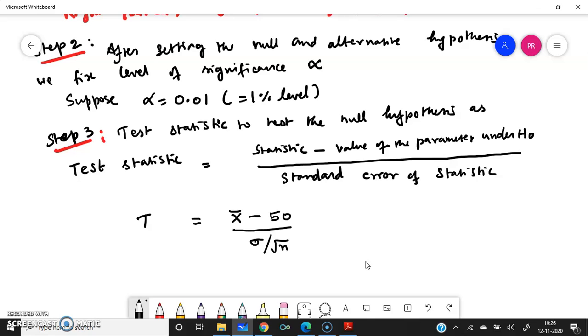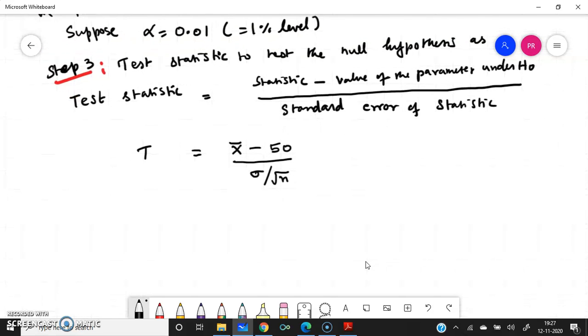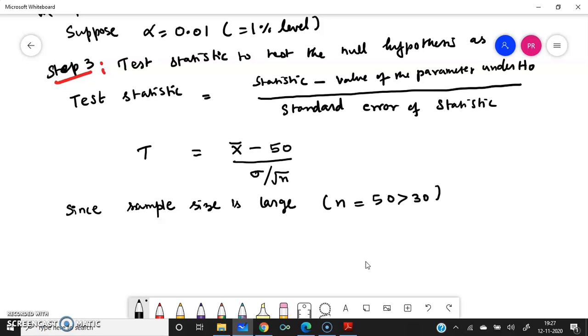Variance means how far away we are, and sigma is the standard deviation, the square root of the variance. That is why the standard error is sigma by root n. Since the size is large, how many potatoes have we taken? 50 potatoes, which is greater than 30. A sample size greater than 30 is considered large, by the law of large numbers. Since n equals 50, which is greater than 30, by the central limit theorem,